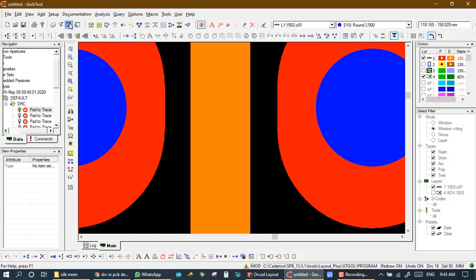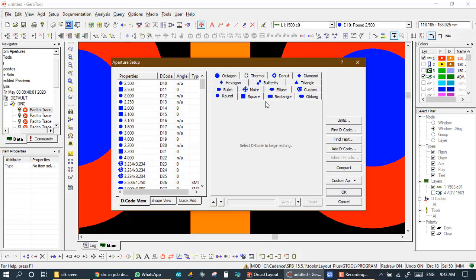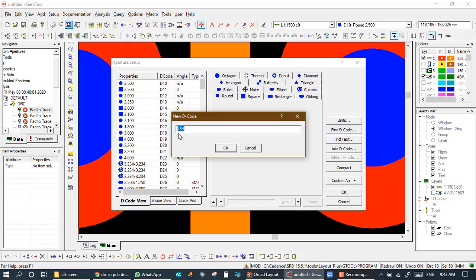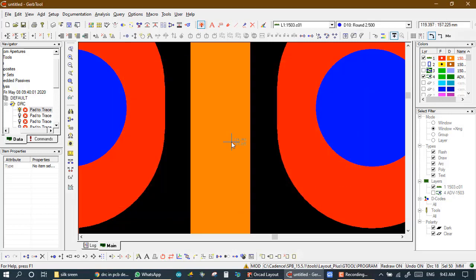To make a new decode, we go to aperture setup, add decode and new decode, and its number is 184. Okay, and its diameter is 0.3, and okay. Now minimize.